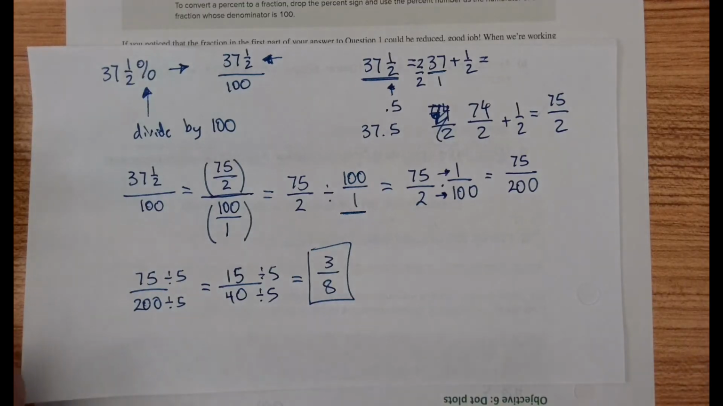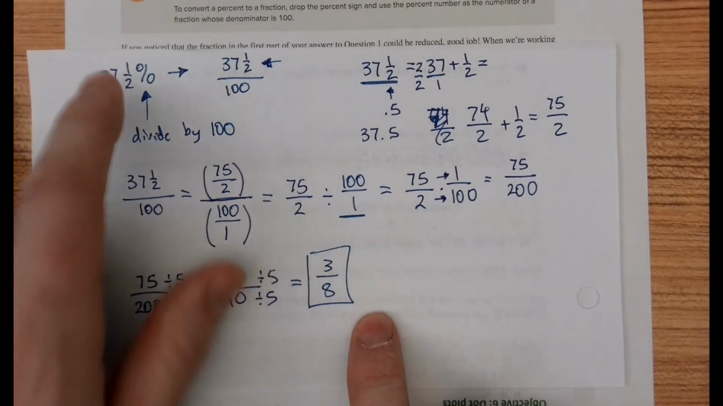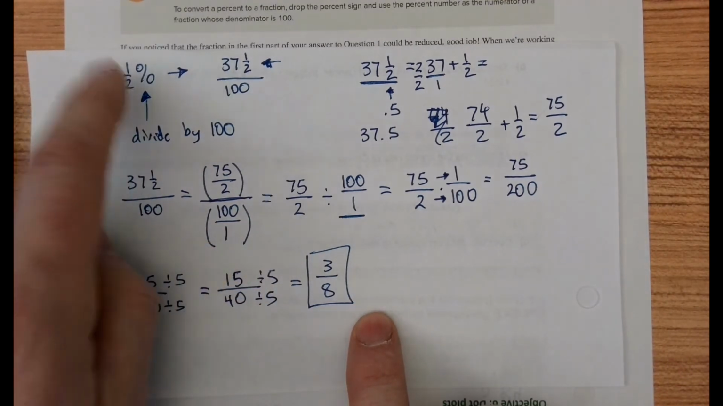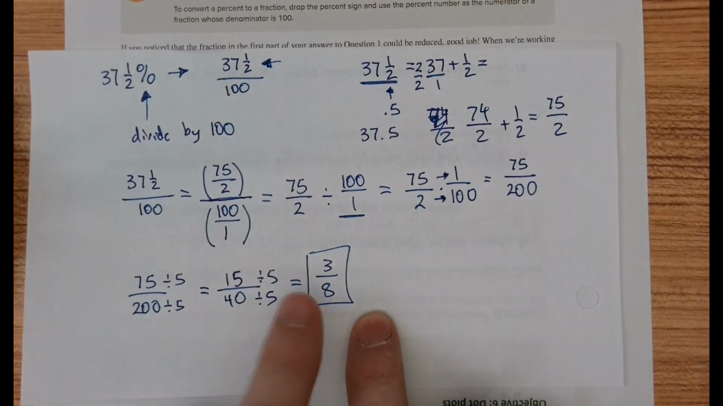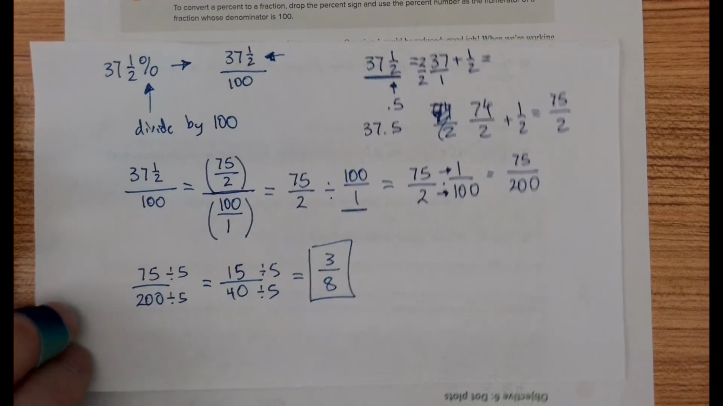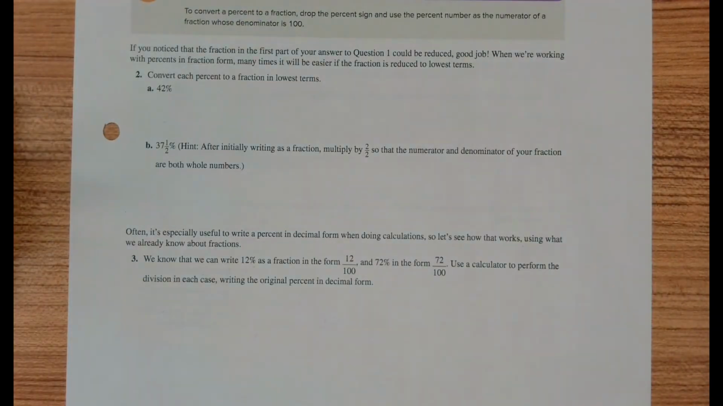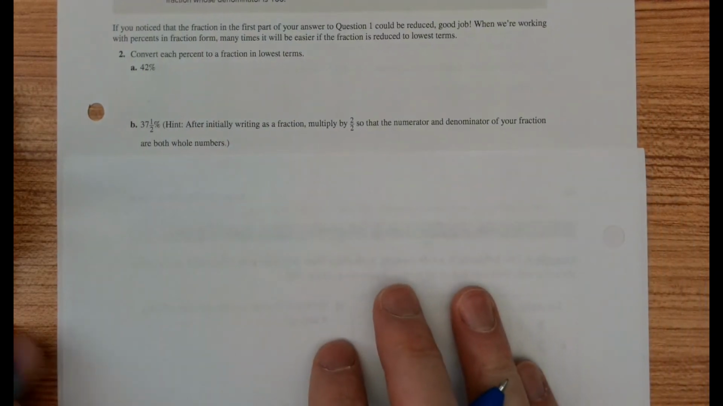Okay, so when you're working with this, all that matters to me is that you're able to take this and turn it into this. And really, even that's not all that important, because what's most important is being able to take this 37 and 1/2 and turn it into a decimal. So how do we do that? Well,